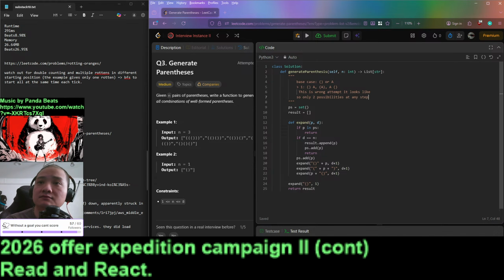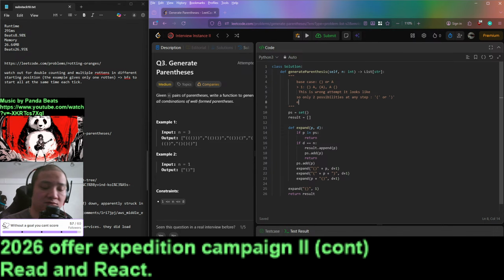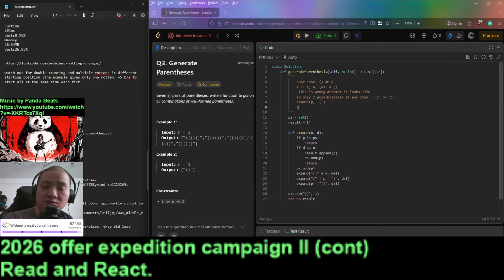At any step, either this or that, right? So we would expand the with this and expand the with that, right? But